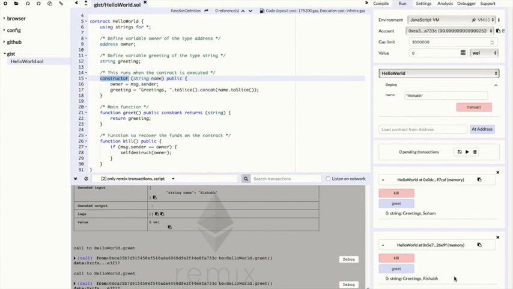While this was a full-fledged Solidity program, we are merely scratching the surface here. What you can do with smart contracts is bounded only by your imagination. To find out more about Solidity, you can go to solidity.readthedocs.io, which we will also have linked in the description below. And to take a deep dive into what Ethereum is and how it works, you can either check out the Ethereum white paper linked below in the description, or you can check out an article written by Mohit Mamoria on HackerNoon, which we will also have linked below.